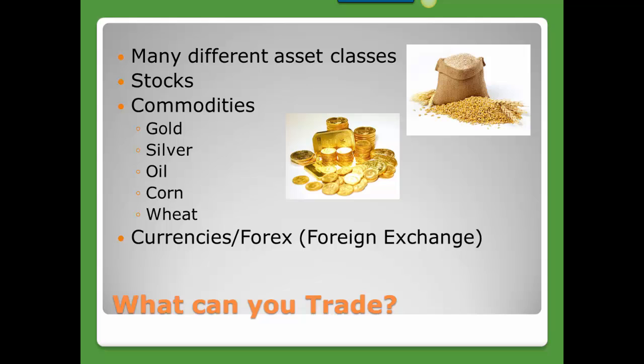You can also trade currencies or Forex, which is what I specialize in. Beyond that, there are many other asset classes that you can buy. But for this course, we'll focus on what I specialize in, which is my love, my passion here, currencies